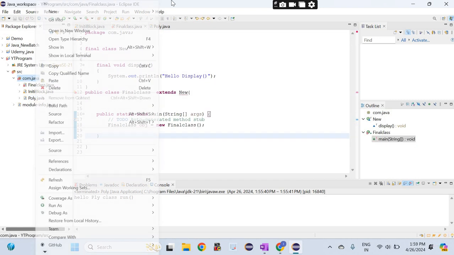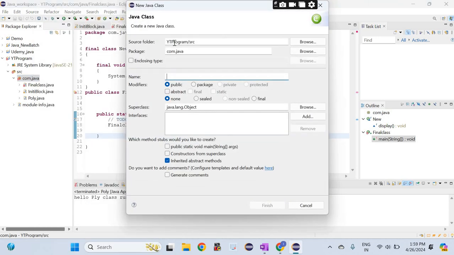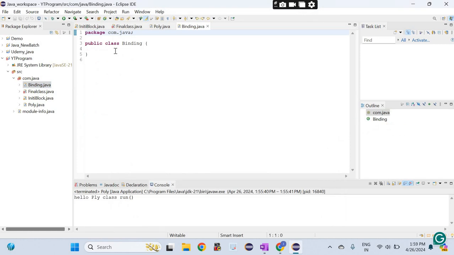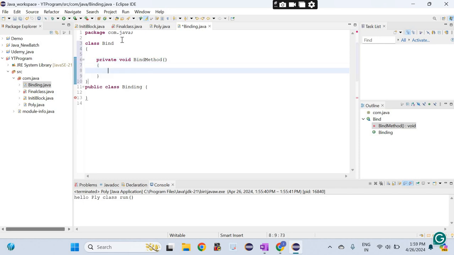Let me create a new class, static binding and dynamic binding. Suppose I have created one class, class Bind, and I am using a method, bind method.